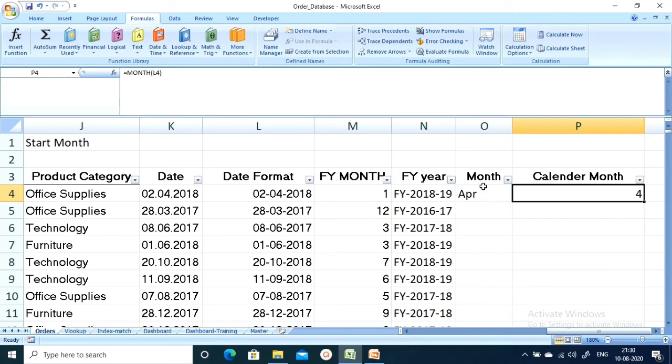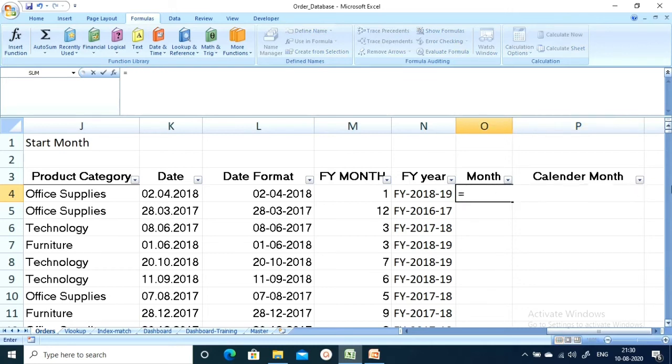For that I am applying the TEXT formula, selecting the date, and here I want to display the month, so I am selecting MMM and closing the bracket. So I am getting the month description.